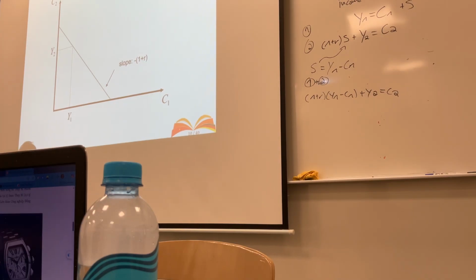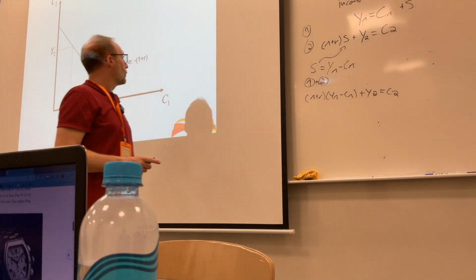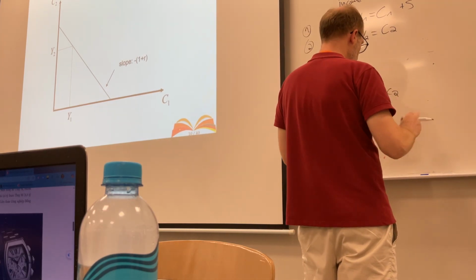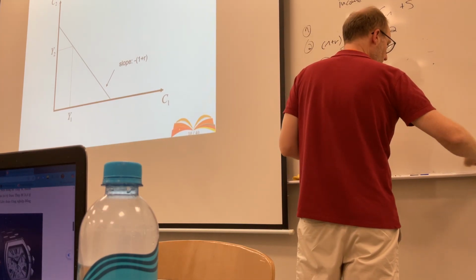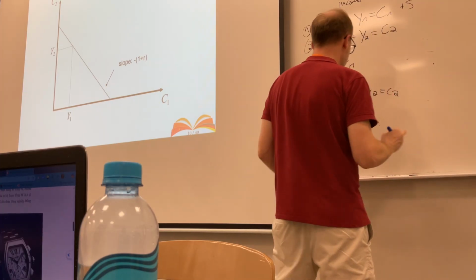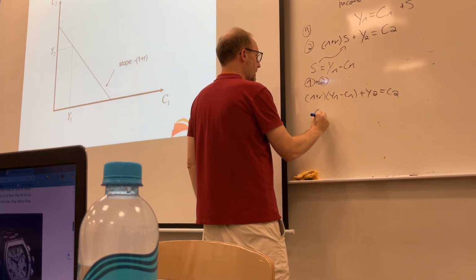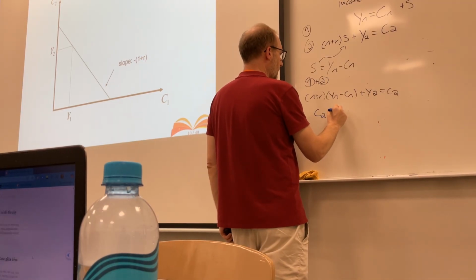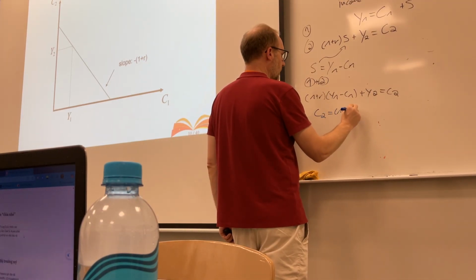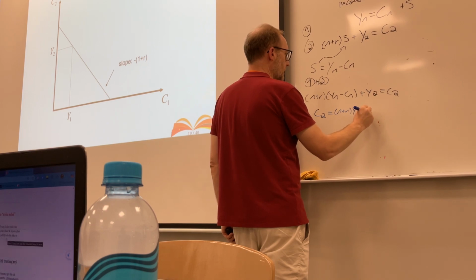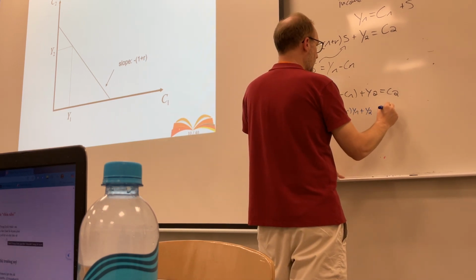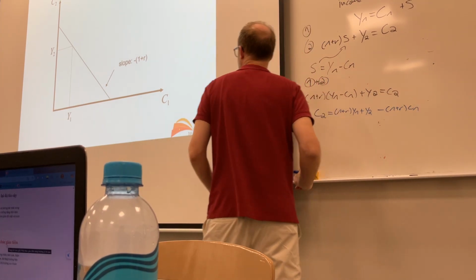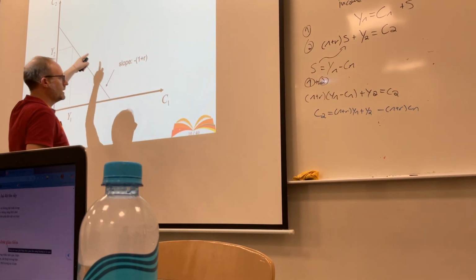We can write out, make this a little more explicit. C2 is equal to (1 plus r) y1 plus y2 minus (1 plus r) C1. In the same space, C2, C1,